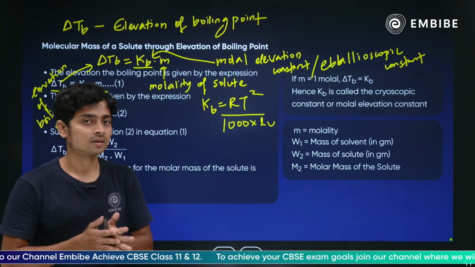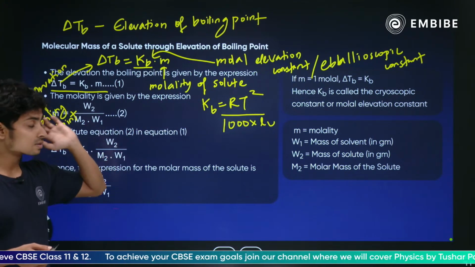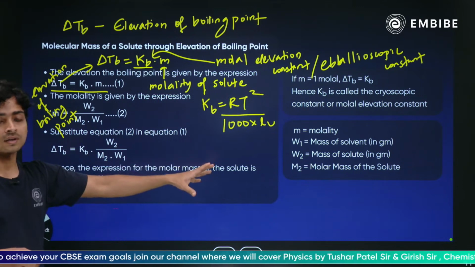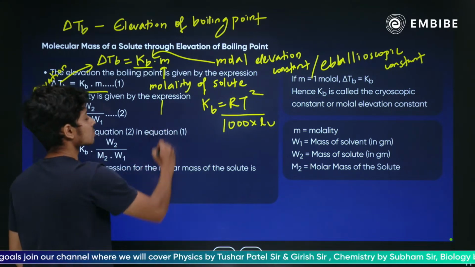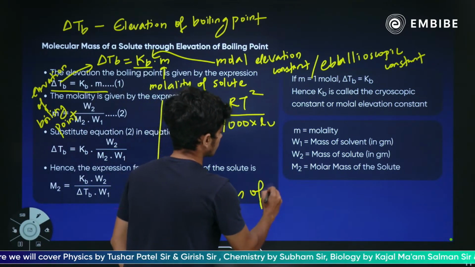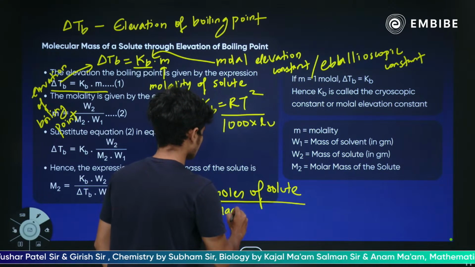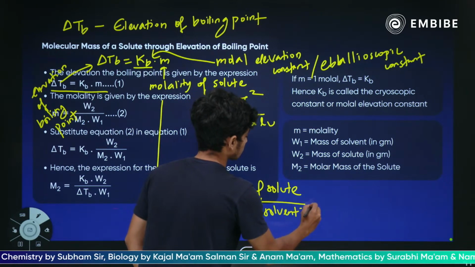गाइज, प्लीज रेस्पॉन्ड अगर आपको ये वाला फॉर्मूला समझ में आ गया, देन ओनली आई विल एक्सप्लेन लेटर। एम आपका मोलालिटी ऑफ सोल्यूट है। तो नॉन वोलेटाइल सोल्यूट आपने सोल्यूशन में ऐड किया है, उसका मोलालिटी है। मोलालिटी का फॉर्मूला सबको पता होगा, मोल्स ऑफ सोल्यूट बाय मास ऑफ सॉल्वेंट इन केजी।